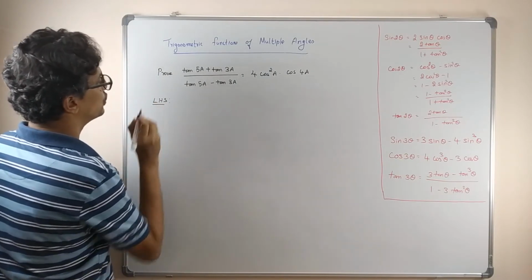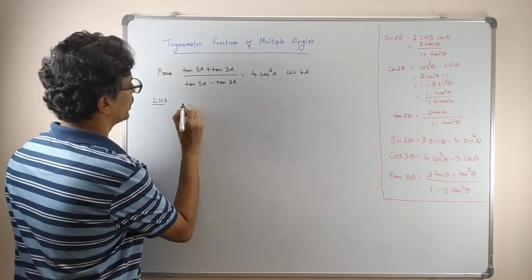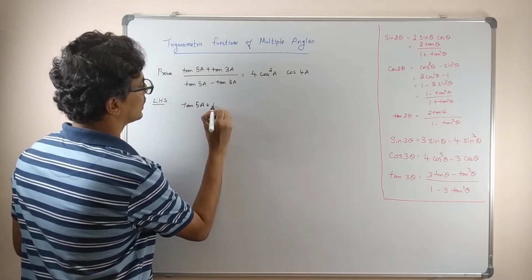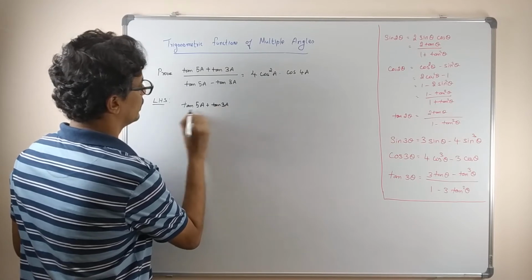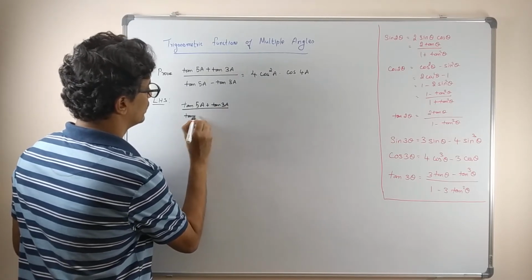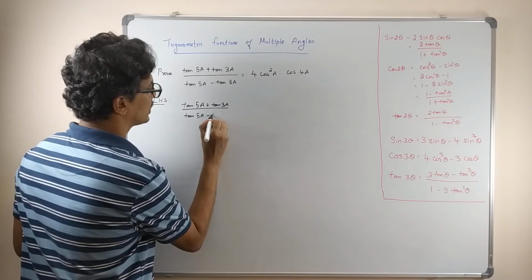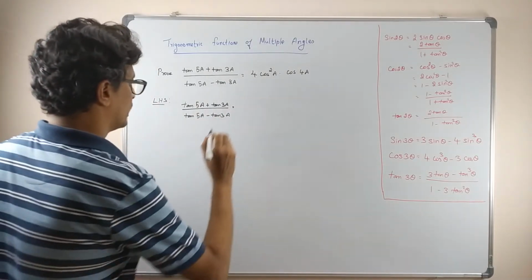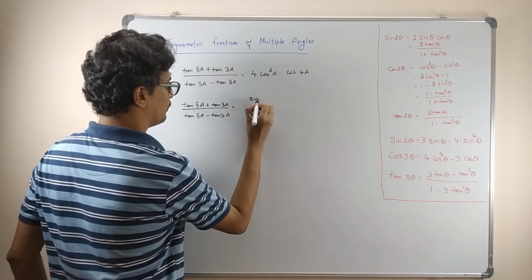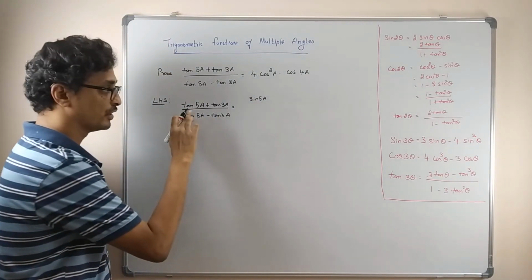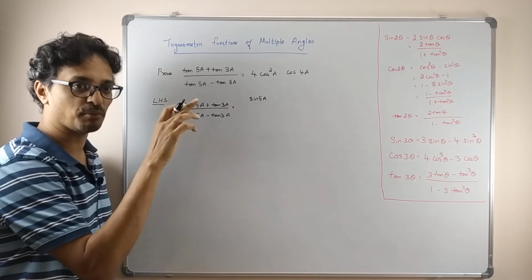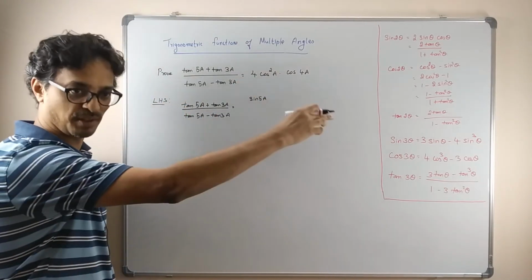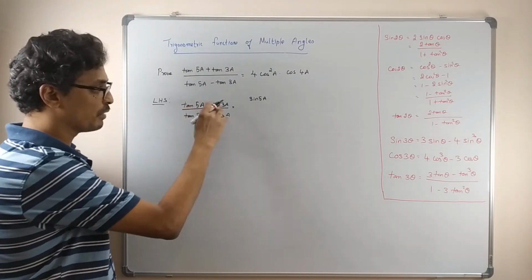See, there are many ways to do. Okay, so this is one way of doing. Tan 5a plus tan 3a divided by tan 5a minus tan 3a. Okay, so let us express in sine and cos. Sine 5a. Why I am doing this is because you remember the sine a plus b formula, that you can always write sine a cos b plus cos a sine b equal to sine a plus b. So somehow that way I can combine